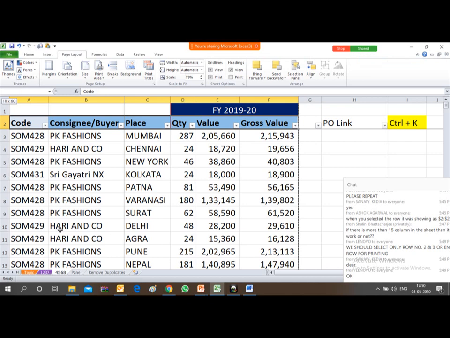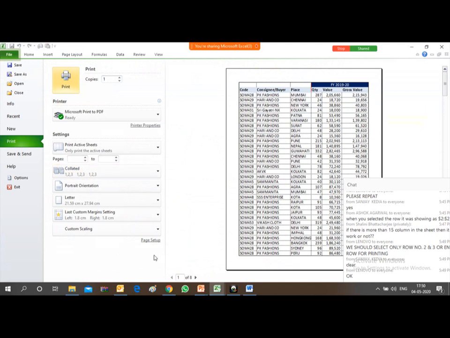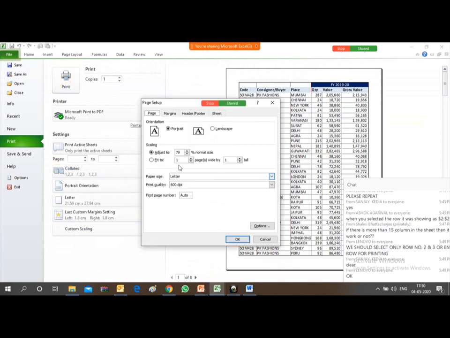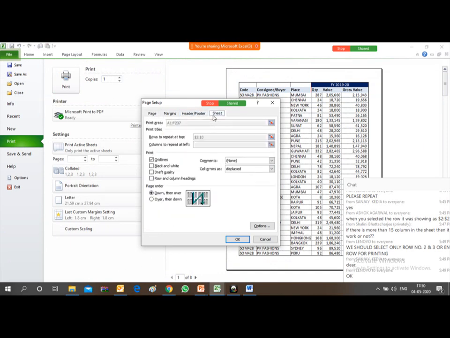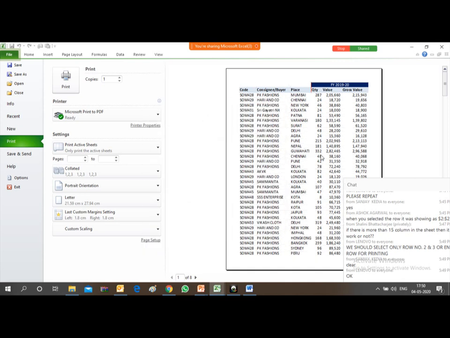You just go to your print option, and the dotted line will appear. Go to page setup. In page setup, go to sheet. In sheet, you will find this green lines option. Friends, previously it was selected, so that is why these green lines were appearing. Now I have deselected it, so you will see the green lines are not appearing in the printout. The printout will happen only without any border.